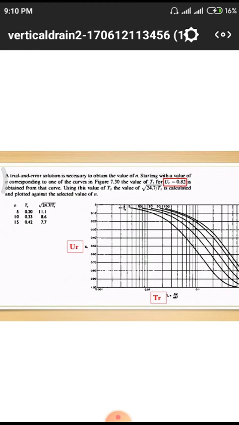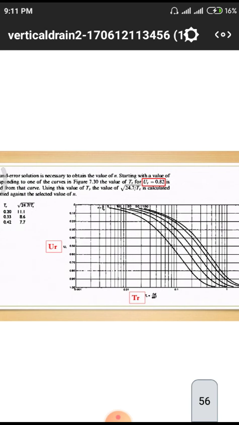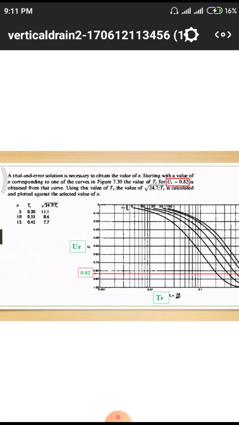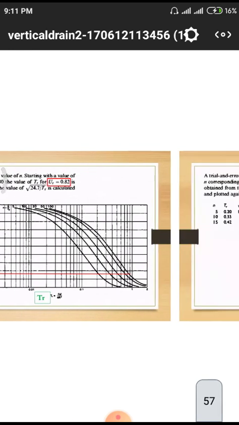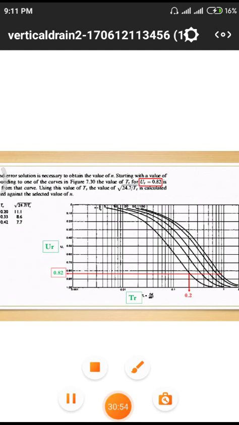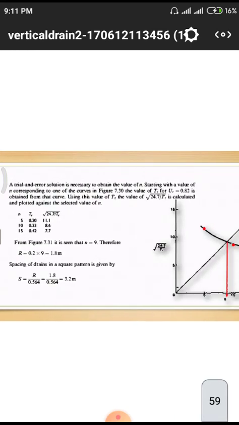We need to go for different depths. Previously we have calculated for 5 meters depth. After that we have to go for 10 meters, and after that for 15 meters. For each successive 5 meters we need to take those values in the form of these logarithm graphs, and we have to correlate at what depth we are getting a successful value. Here also we are getting those values and comparing. Here also those values. This is the trial graph they have drawn.